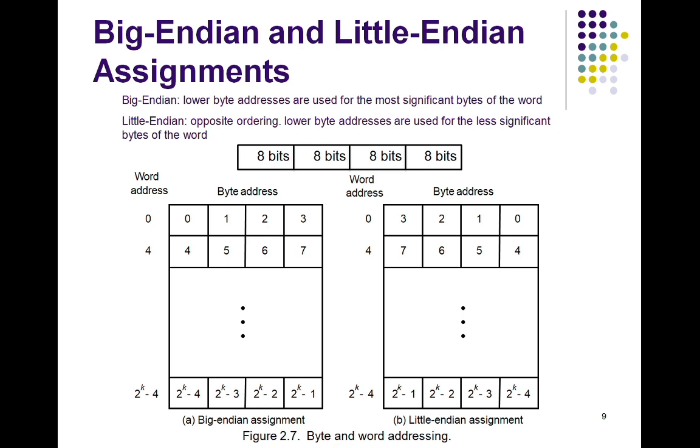And these are the addresses which are used when specifying the memory read and the memory write operations for the words. These addresses are very much required to retrieve the words from the memory location. If you want to retrieve this entire word, this memory address is required. Similarly, to retrieve this entire word, this word address is required. So these memory addresses are very much required for the read and write operations with respect to the memory.